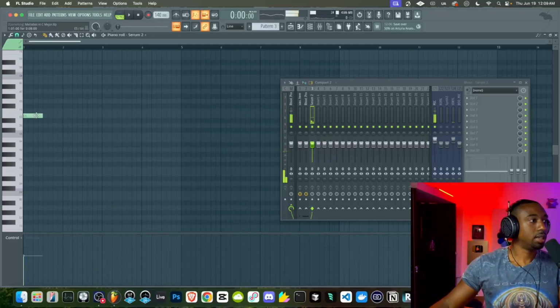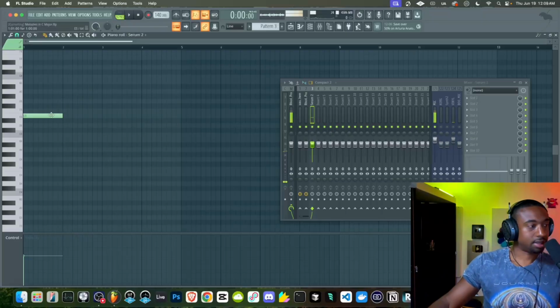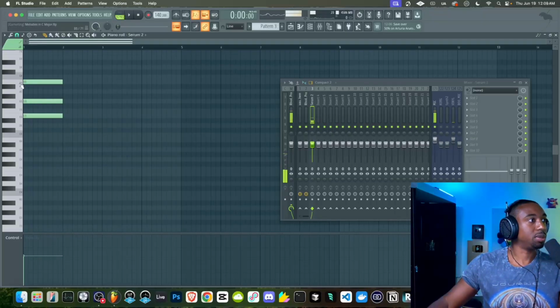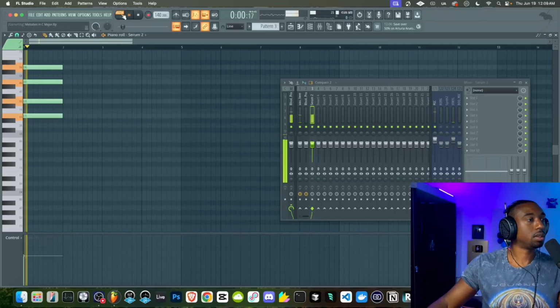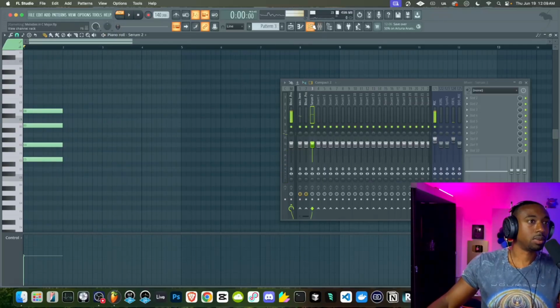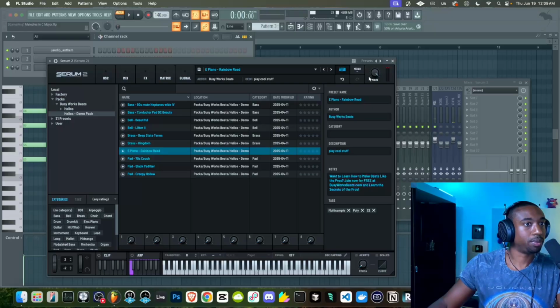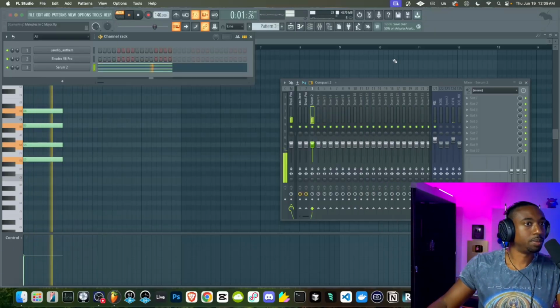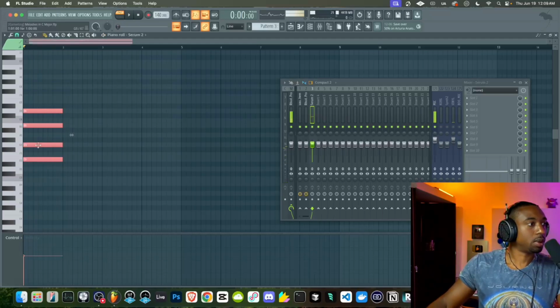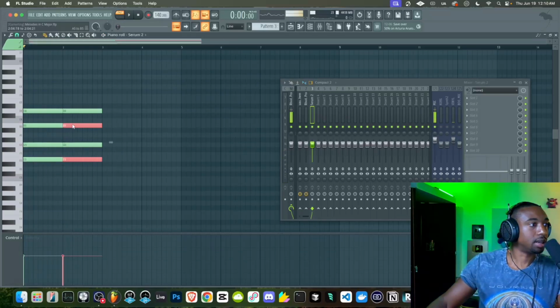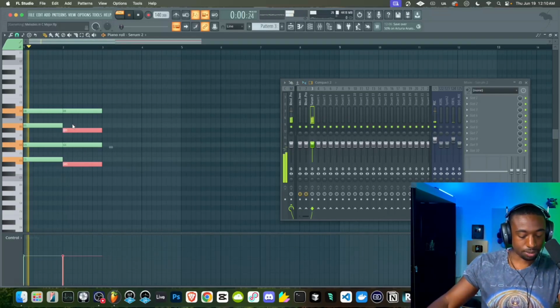So let's start at E. And let's make a 7th chord here at E. So it's E, G, B. Now this sound really isn't built for 7th chords. Let's switch it out for an E piano. And then we're going to copy this over, take that tonic and 5th, and pull it down a half step.